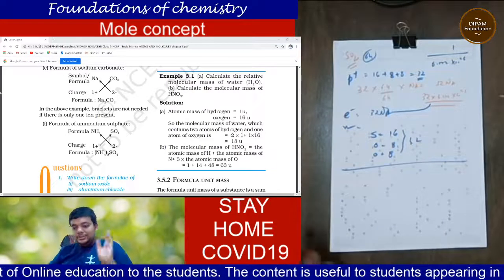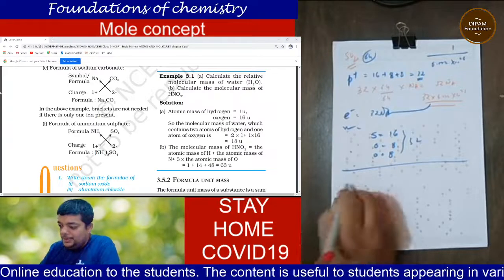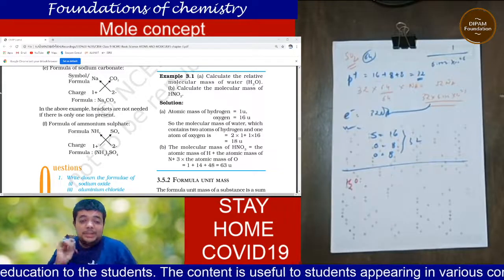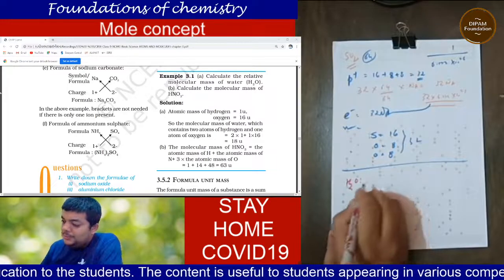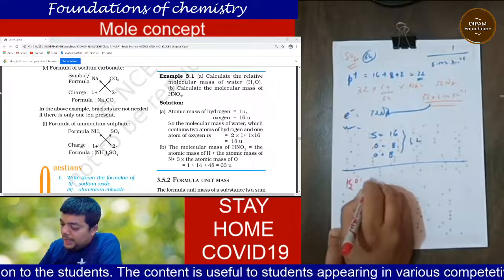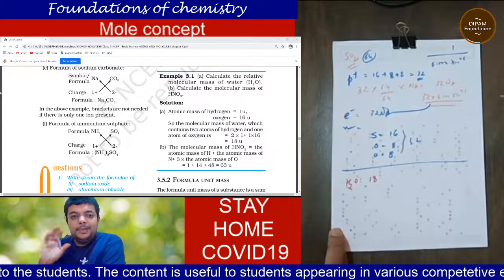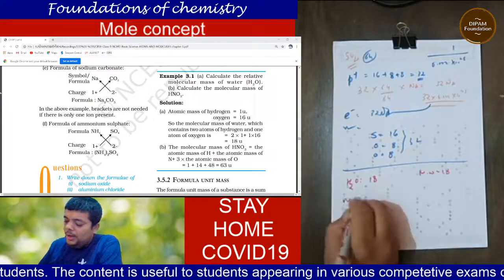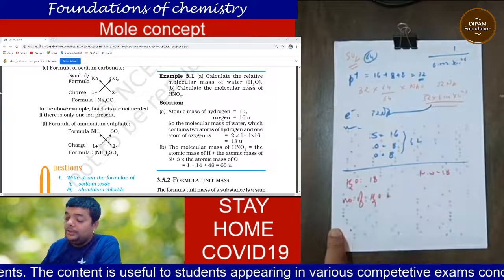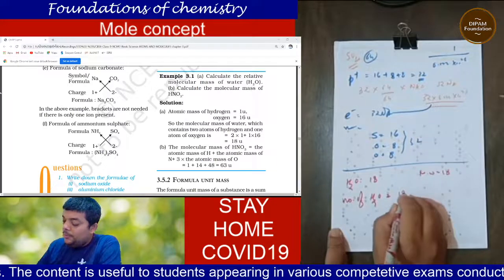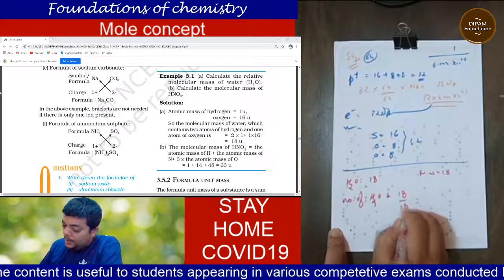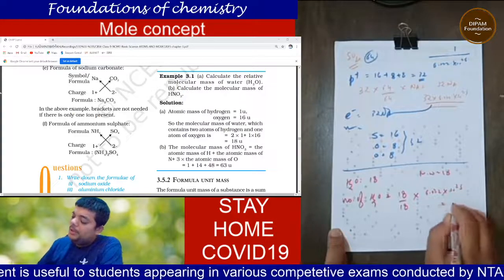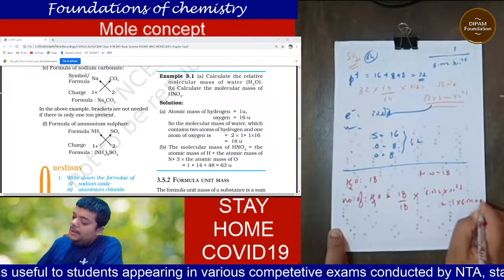Let us take another interesting example in the same module, H2O. See, the magic of chemistry begins now. When I say H2O, it is 18 gram. Sample is 18 gram. You very well know that molecular weight is 18 gram. So number of H2O molecules is equal to weight upon molecular weight multiplied by 6.022 into 10 to the power 23. So your answer will be very interesting.